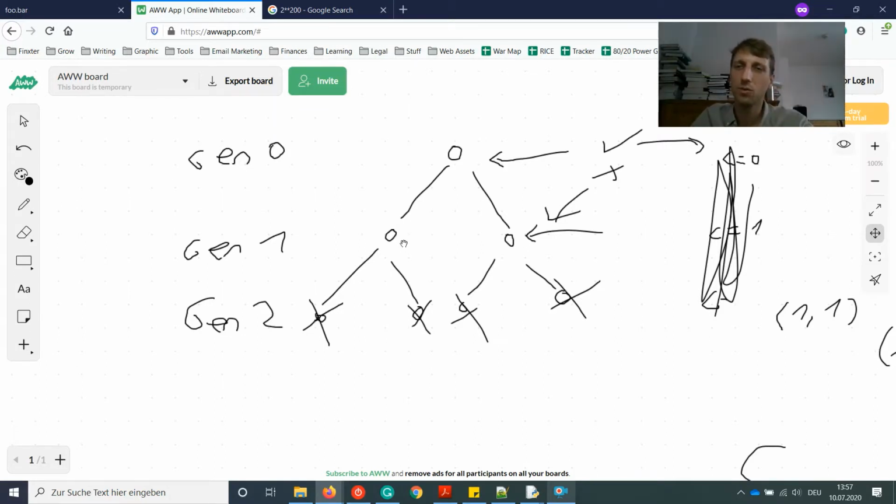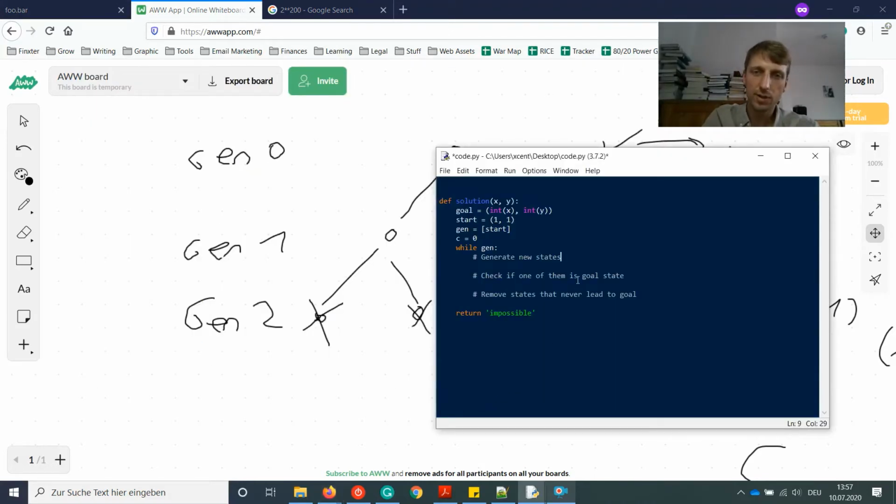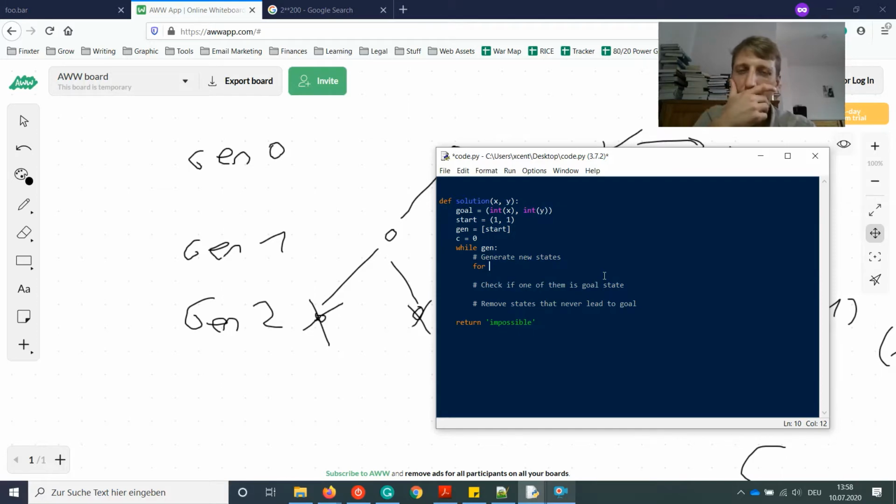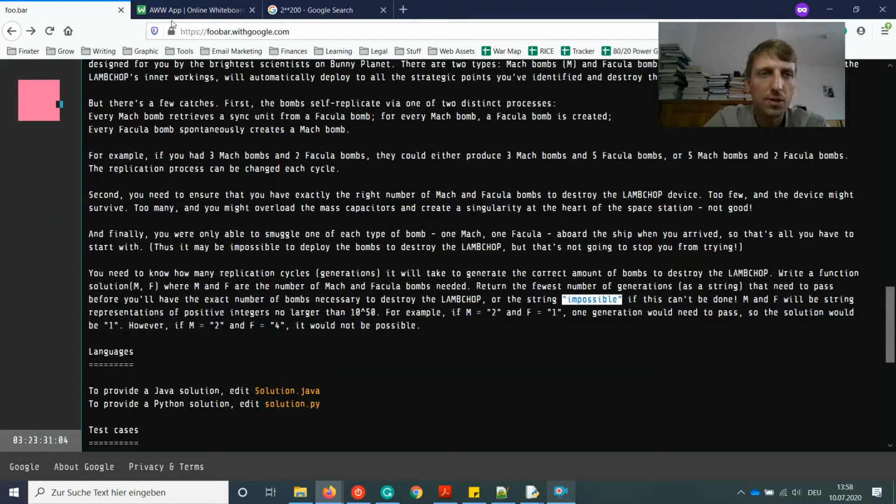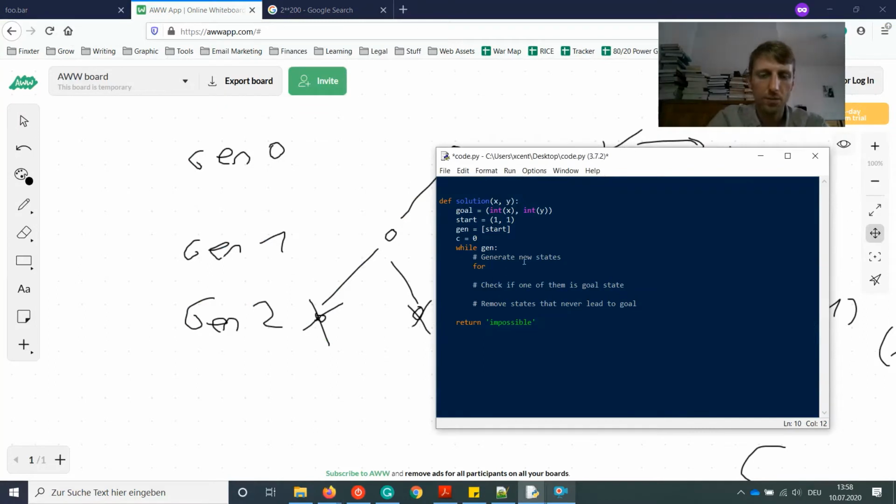So we have to find 2 follow-up states. For each state we have to find 2 follow-up states. So what we do is, let's call it M and F, for the match bombs and the fecular bombs in our generation. So now we go over all states from our